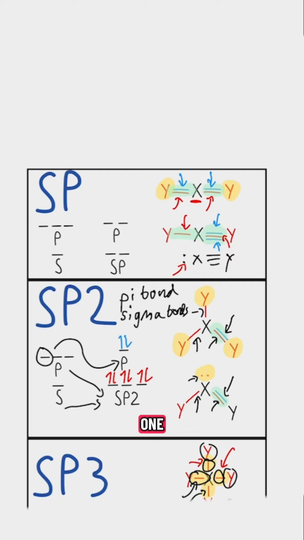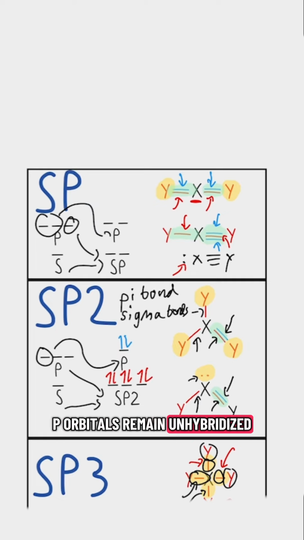Hybridization explains this one by taking 1 s orbital and hybridizing it with 1 of the p orbitals. The other 2 p orbitals remain unhybridized. The electrons that are in the red bonds or the lone pair will occupy